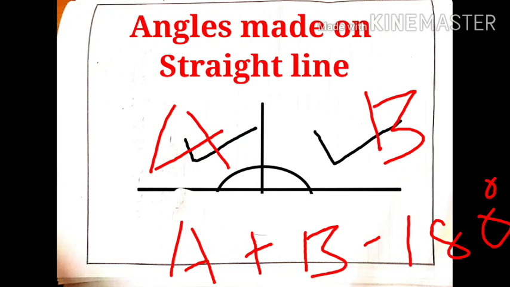Now today we are going to start geometry. You see the page. Our first topic is angles made on straight line. Okay, what is this concept? Property number 1. Two angles are made here, angle A and angle B. What is their sum? A plus B is equal to 180 degree. What is the concept? Whenever two angles or three angles are made on a straight line, their sum will be 180 degree because line is straight. Okay, from this we have to solve first 6 questions in the exercise. Clear?